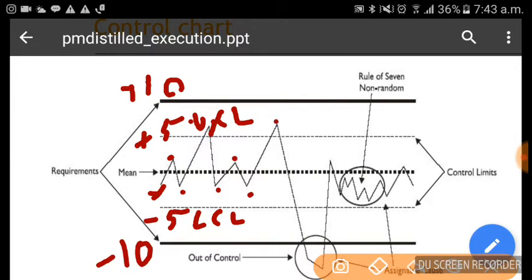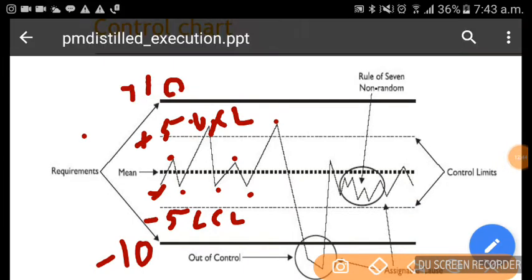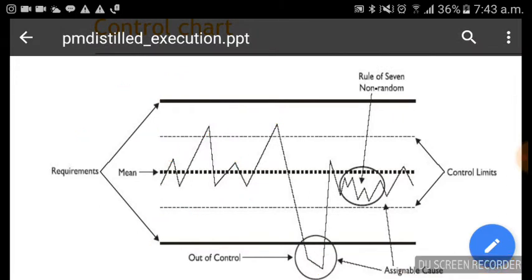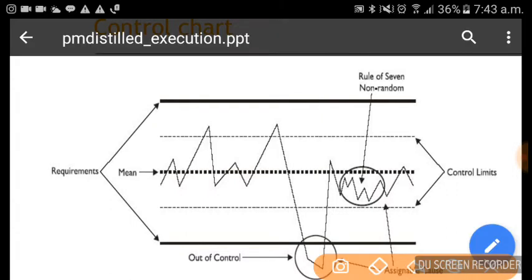Then suddenly it went outside the customer specification limit. Here it is outside the specification limit, so the customer is going to complain.